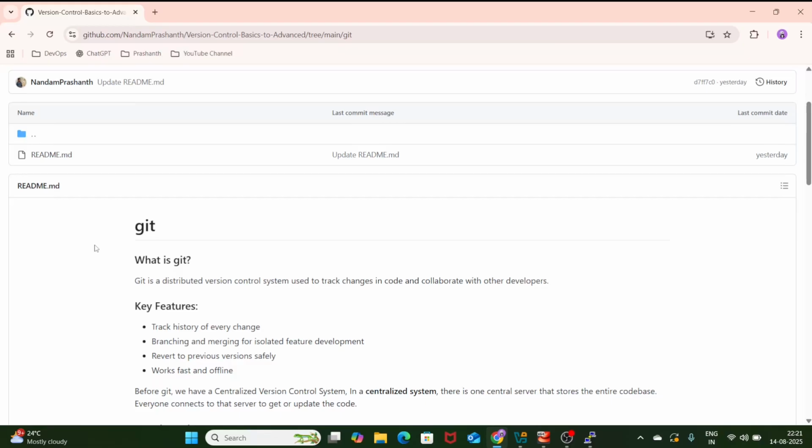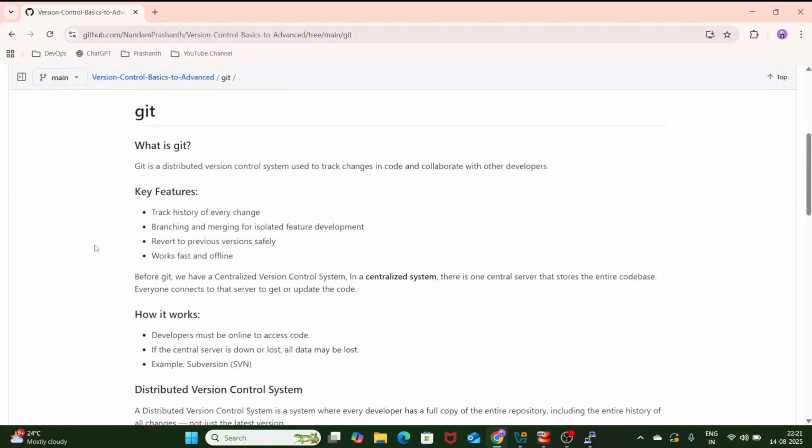Now you can see Git. Basically, what is Git? If you see here, what is Git? Basically, Git is a distributed version control system, and it tracks the changes in code and collaborates with other developers. Okay. And before going too deep into Git and all those things, I would like to explain one more thing,